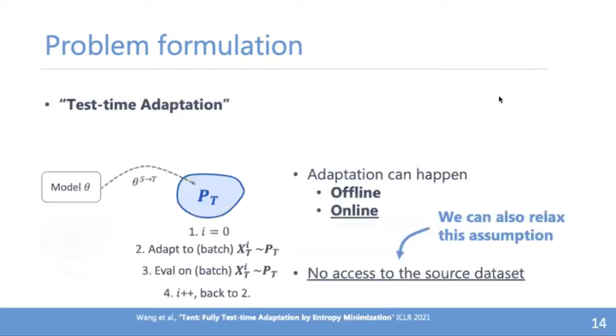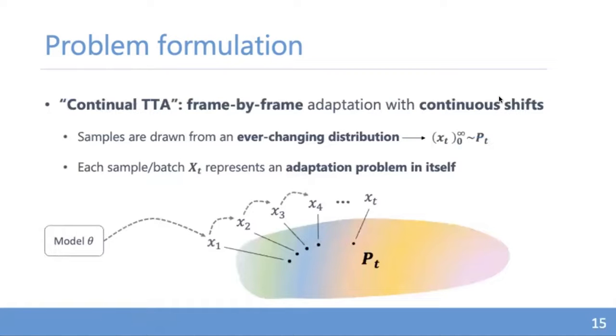All right, this is what I call, let's say, stationary testing adaptation, where we move from a source distribution to a target distribution, but the target distribution is fixed. So let's say you have images from an MRI machine, and you move to a second machine. In continual test-time adaptation, things happen online in the sense that you adapt batch by batch, but the target distribution